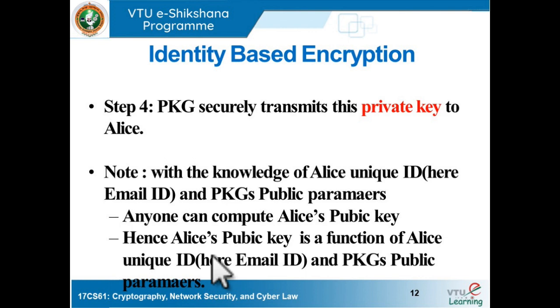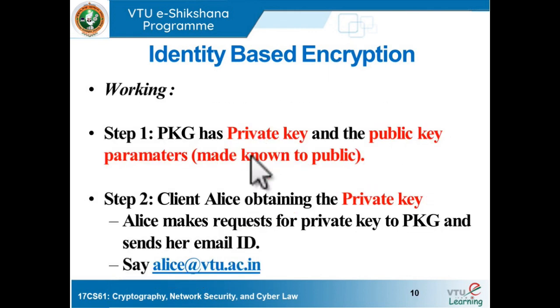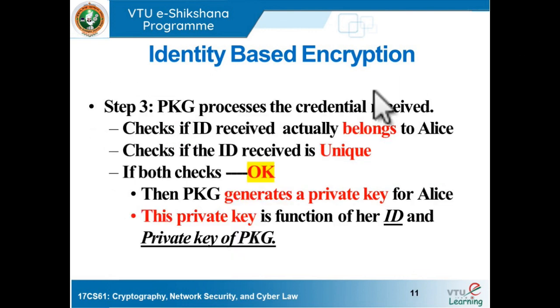Now the entire process says that the first step is wherein the public key generator will generate its public-private key pair. This private key is kept private to the public key generator, whereas the public key is made known to the public. What happens in the second step is the client makes a request to the public key generator for its private key. What does the client do for this? She's sending her email ID requesting a private key, and then once this is received by the public key generator,